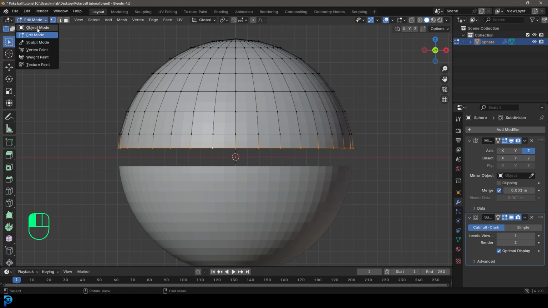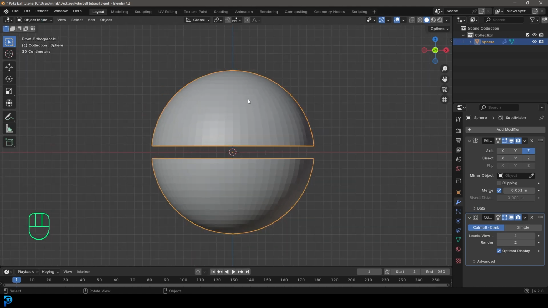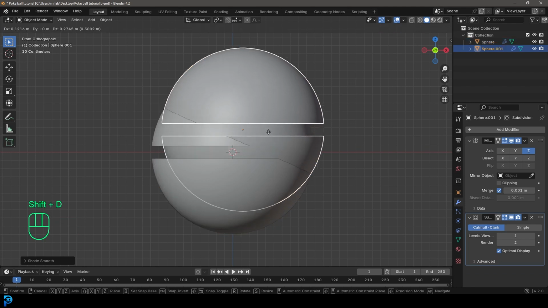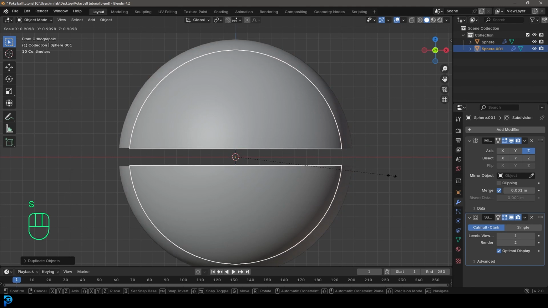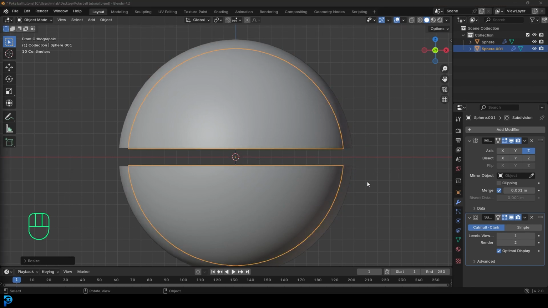And then we're going to go back into object mode. We're going to right click and go shade smooth. And if this is active, we're going to go Shift D to duplicate. We're going to right click to let go. And we're going to go S and just scale this inside bit down a little bit till it's about this